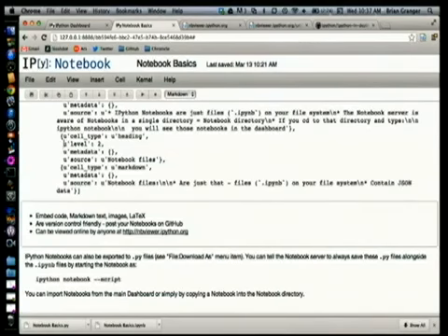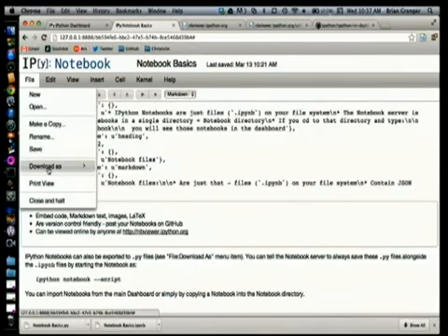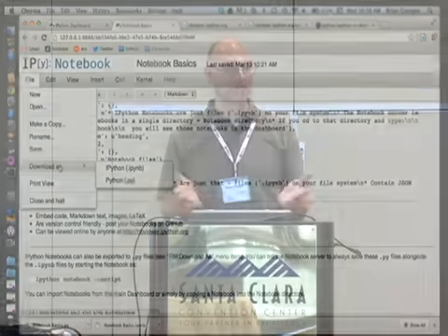So that is exporting through the file menu. Obviously, if you're running the notebook server on a local system, you have access to the file system. You can just go right in and work with these files. So you can always, quote, import and export by simply copying notebooks in and out of that notebook directory. But if you're running a notebook server and don't have access to the local file system, this is useful for